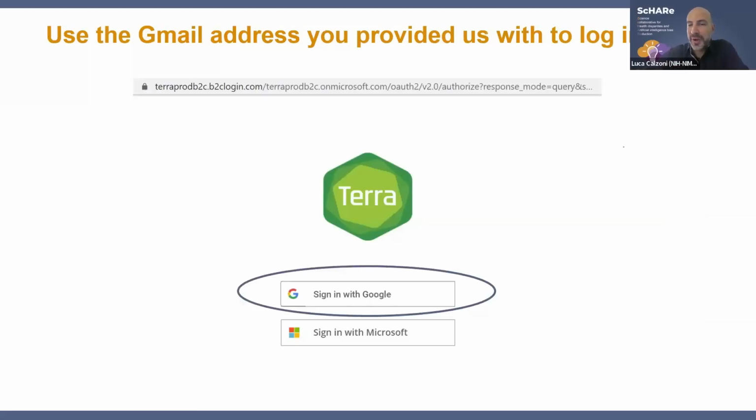I'm going to repeat the instructions twice, and I'm going to ask you also if you have any questions. So in the next screen, you'll be asked to sign in with Google. You need a Gmail address to use Terra, as we specified in our invitation emails. So please click on the Sign in with Google button,